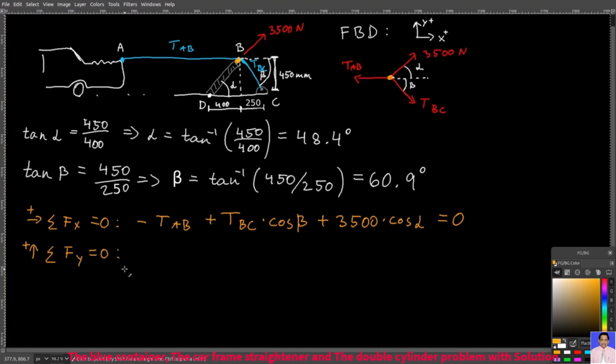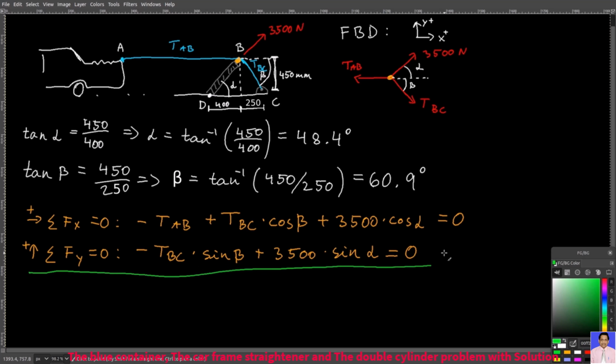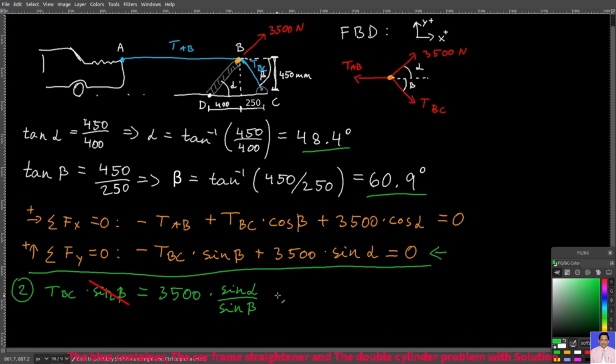And then in the y direction, you have minus TBC times sine beta plus 3,500 times sine alpha. And that gives you 0. So let's first take this equation, the second one. TBC times sine beta, that's 3,500 times sine alpha. TBC, that's 3,500 times sine alpha over sine beta. You already know these values. And so that will give you